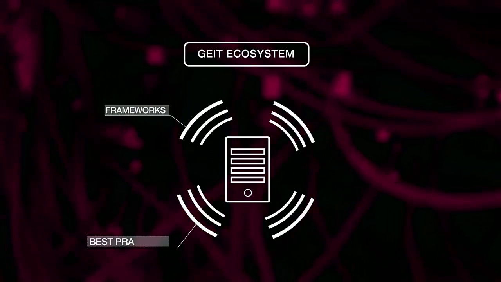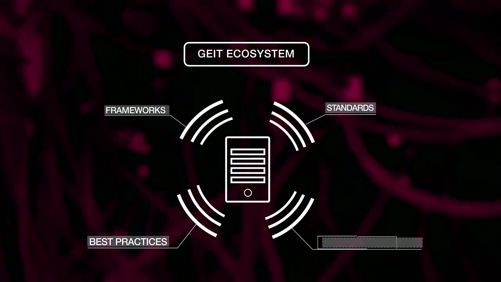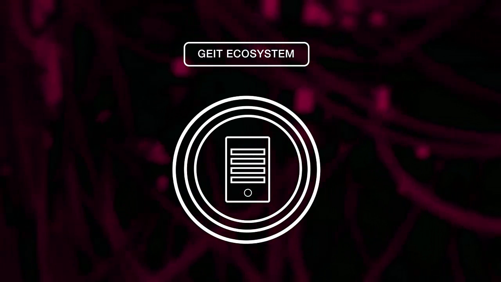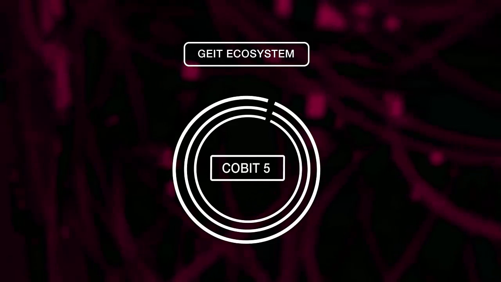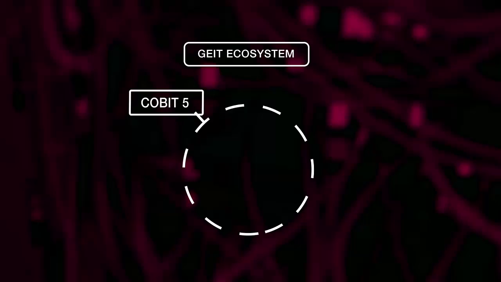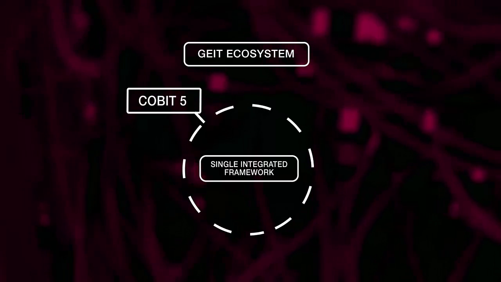This implementation team should then develop a project plan based on the 7 implementation phases from the COBIT 5 implementation guide. One of the earliest actions the project team will undertake is selecting a framework. A GITE ecosystem should include multiple frameworks, best practices, standards, and bodies of knowledge. Managing these multiple models can be a daunting task, which is why COBIT 5 is the preferred model at tying in all of the industry tools into a single integrated framework. A short list of these tools include